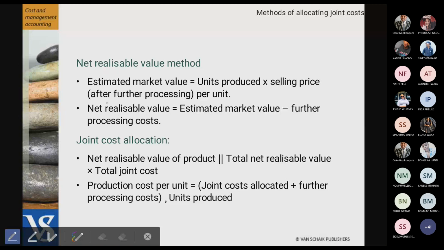Then to work out your net amount, it's going to be this estimated market value, and you minus the further processing cost. That's how then